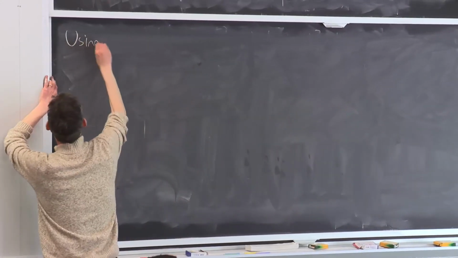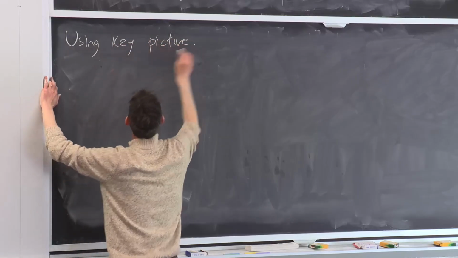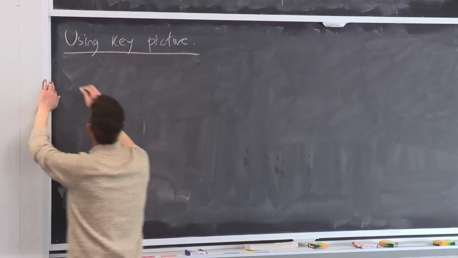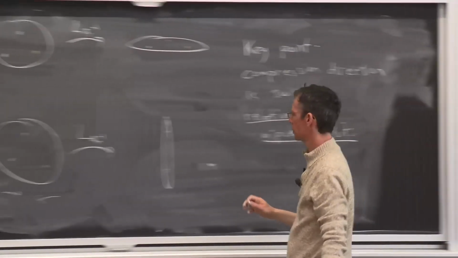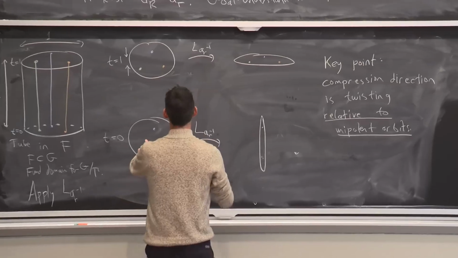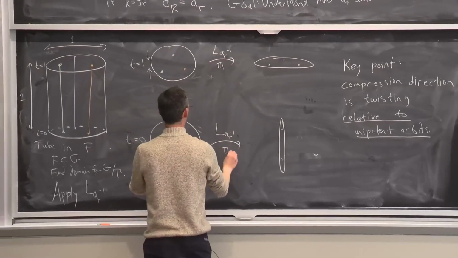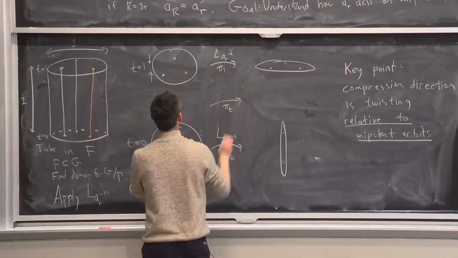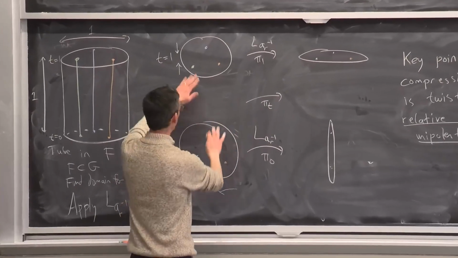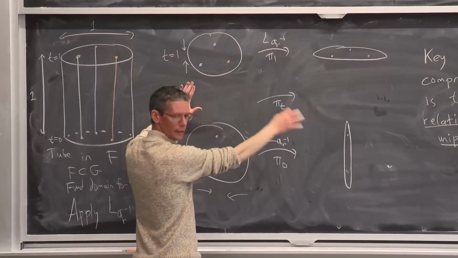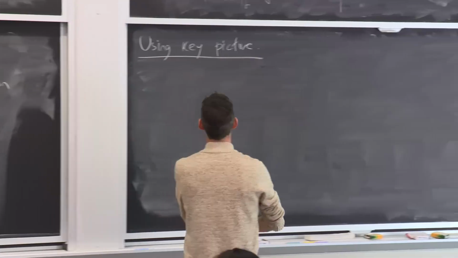So using the key picture. All right. So let me label these maps pi 1 and pi 0, and somewhere in the middle we would have pi t. Pi t is what our map AR is doing to the slice at height t. OK. Using the key picture,